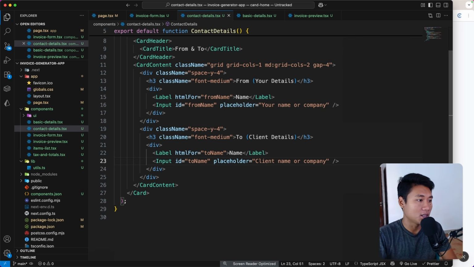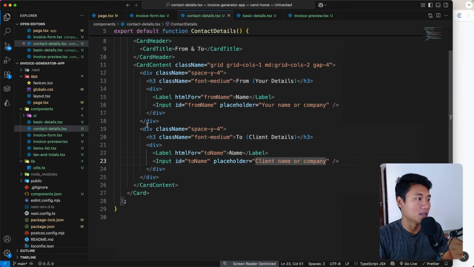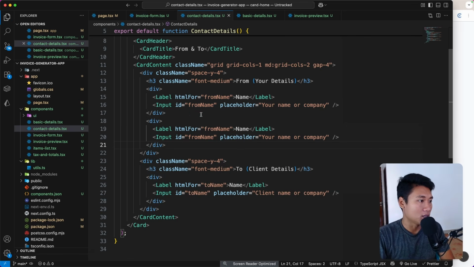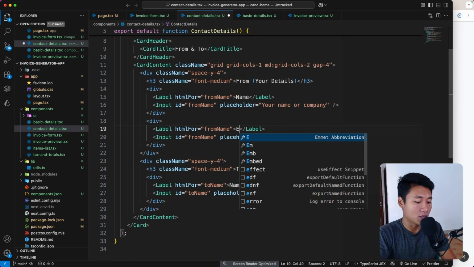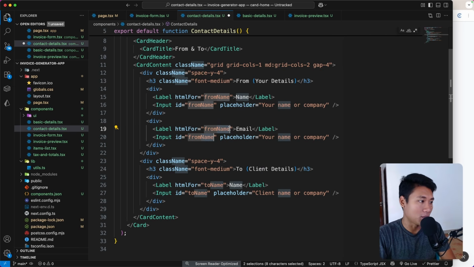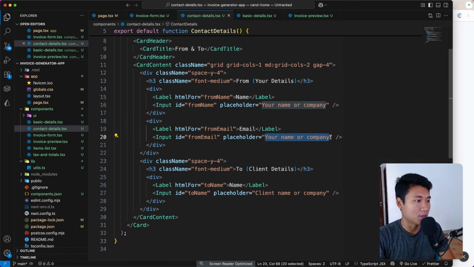Right? Client name or company. Here we go. And the next thing is let's put the email input field. I'm going to copy the div, paste it in. This is basically for the email like that. This should be from email. Here we go. I'm going to paste this placeholder right here,